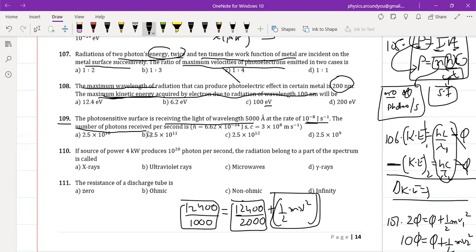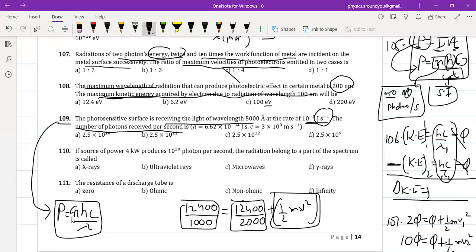What is the number of photons received per second? Again, here, joule per second is nothing but energy per unit time, that is power. For 109, I can use P equal to N hc by lambda, where N is the number of photons incident or received per second. P is already given, 10 power minus 8 watts, and the h value we know, Planck's constant, they have also given, and the c value they have also given, we also know that, and lambda is 5000 angstroms,